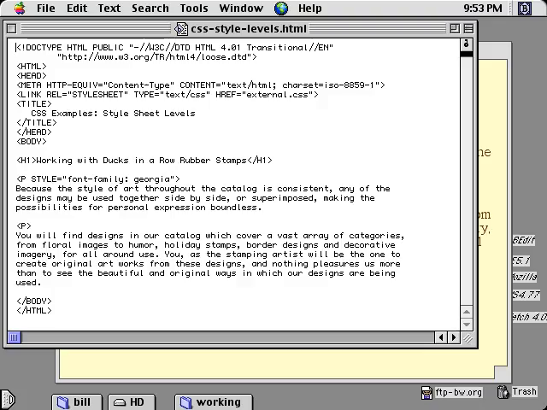There are basically three different ways to add style sheets to your documents. Each of these has a different level, a different priority, a level of inheritance. The highest level is with the link tag. Using the link tag, you're referring to an external CSS style sheet with an href attribute and the file